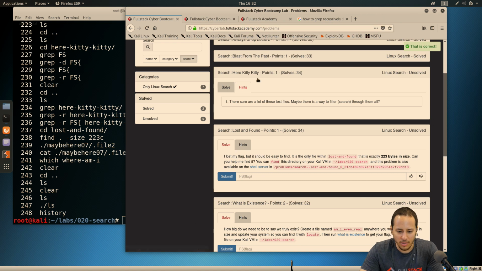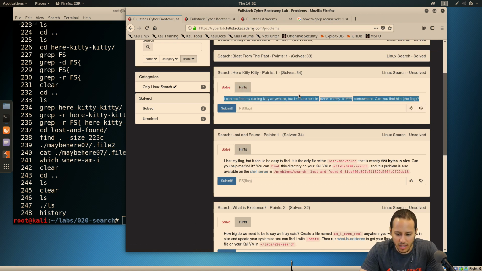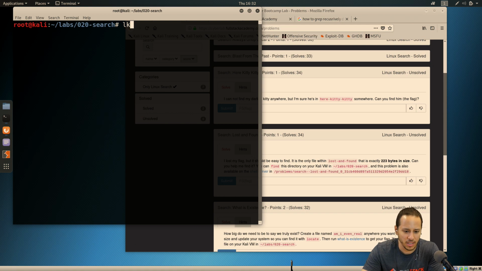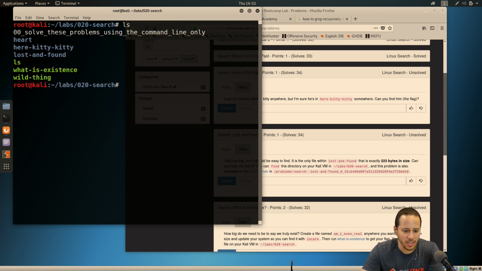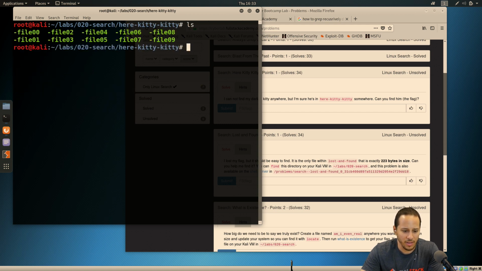Cool. So now we're up to hey, here kitty kitty. I can't find my darling kitty. I'm pretty sure he's in here kitty kitty somewhere. So can you find him the flag? So let's clear ls, and so let's go into here kitty kitty and see what's there. Okay, we have a whole bunch of files. Let's try catting one of these files. So let's try cat file